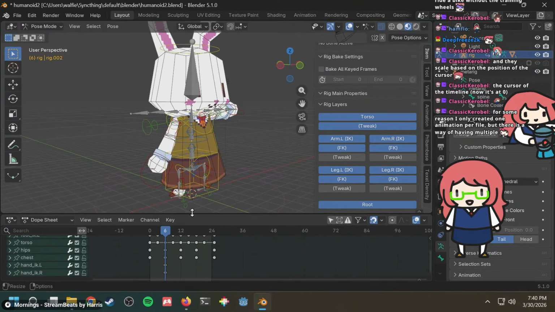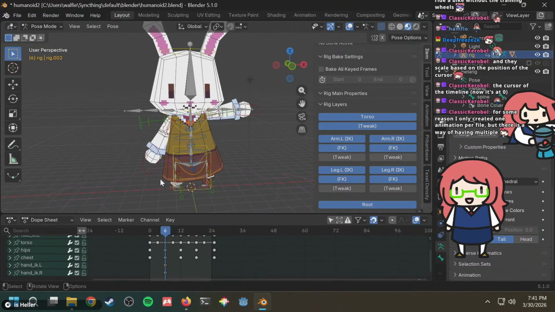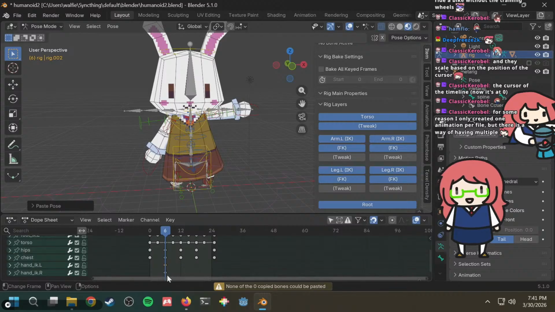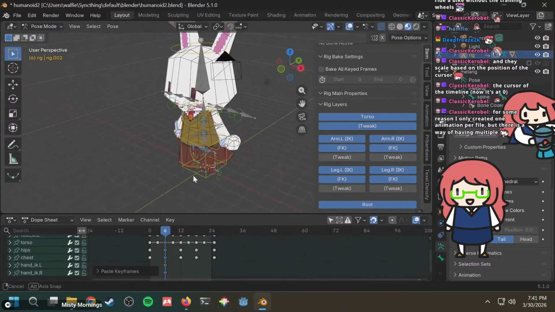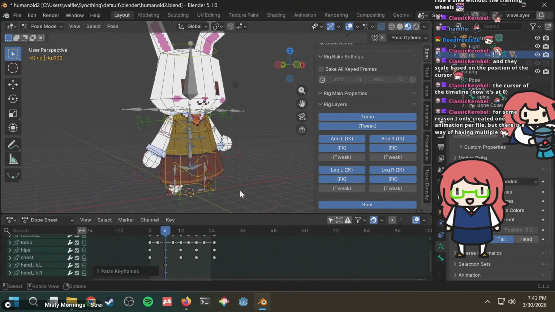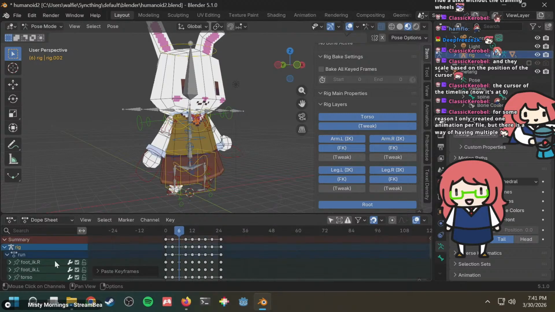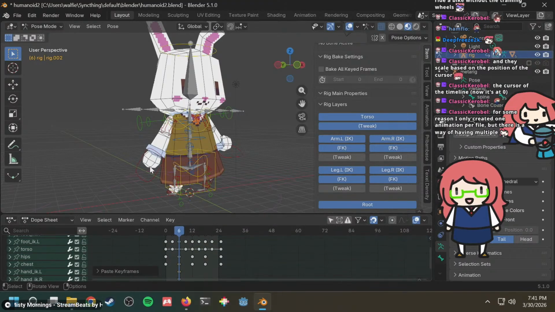So we need to undo that. Copy this. And then, wait, this is applying different. Okay, so when you're pasting it, you're really pasting this thing. Wait, no, it's fine, right? Is that fine? That's not fine. How do I copy this but mirrored? Oh, I can just do that. Okay, that is how you do it. Although the hand is now rotated strangely.